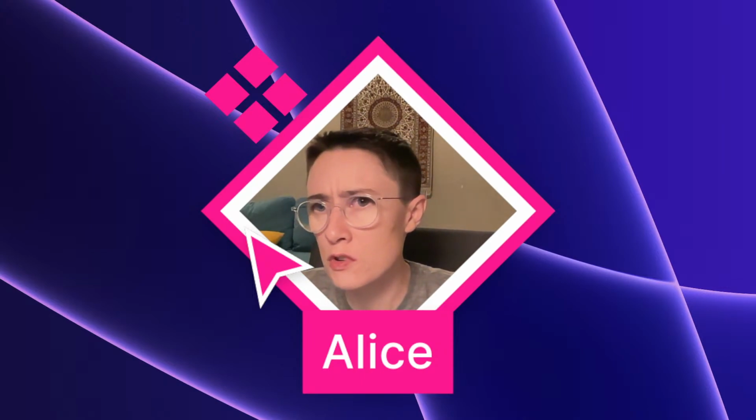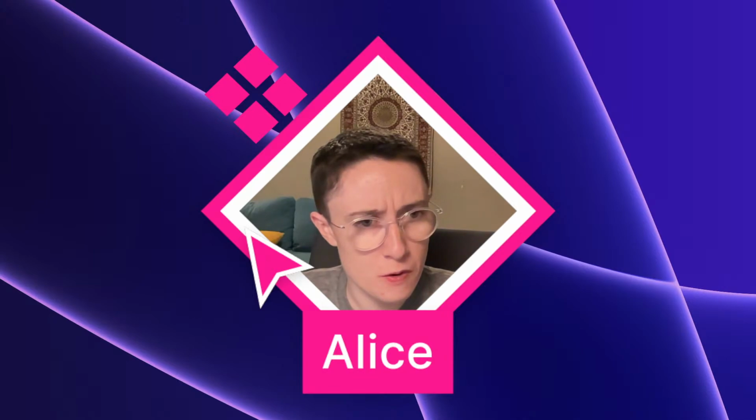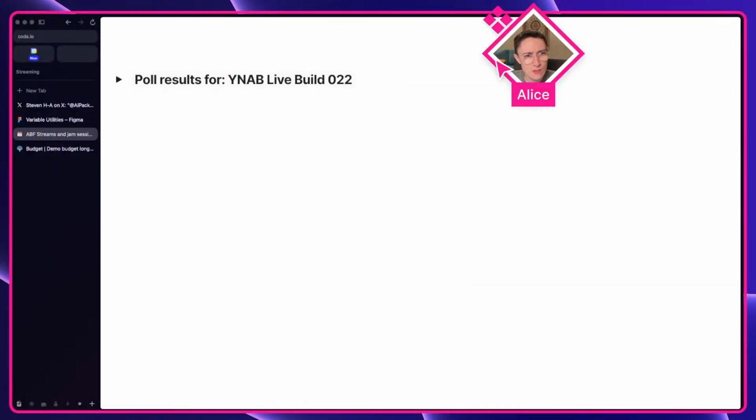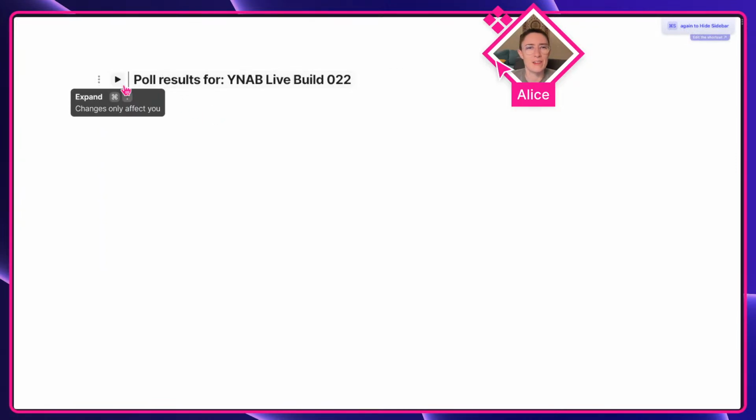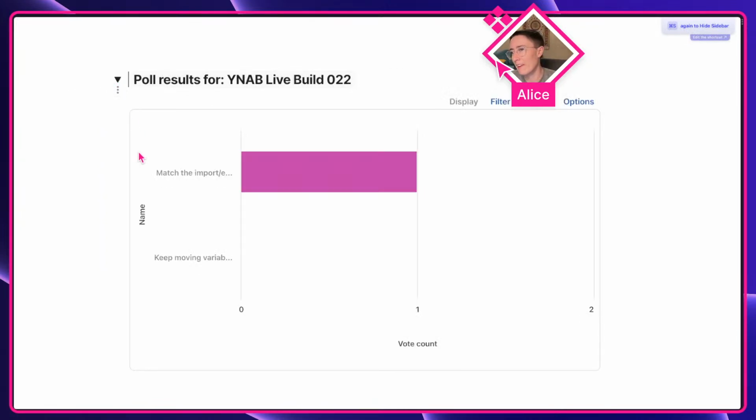So let me get my screens sorted out. Let's see what folks want me to work on. Although it's kind of two options for the same topic. We've been moving these variables around, and last time, in between sessions, so the prior 21 and 20, maybe, I found an